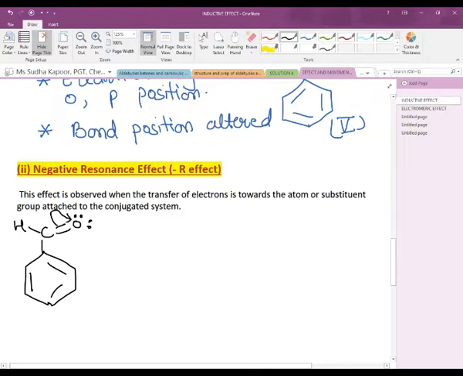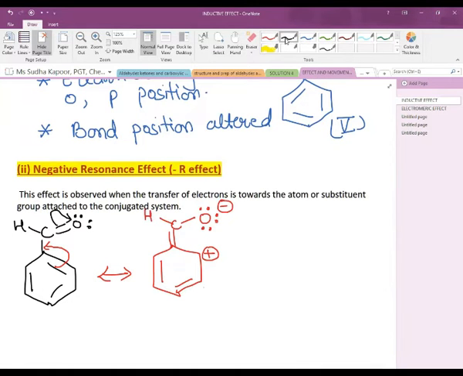The shifting of the bond takes place, but as the shifting takes place, the carbon becomes positive. So it takes away this bond in between this position to get the double bond character. So what happens now? Now a positive charge develops at the ortho position. This becomes a double bond. O has 6 dots because it has gained a pair, a negative charge, and H. Now in order to overcome this positive charge, the shifting of the pi bond takes place again as we have shown. So now the positive charge is shifted to the para position.